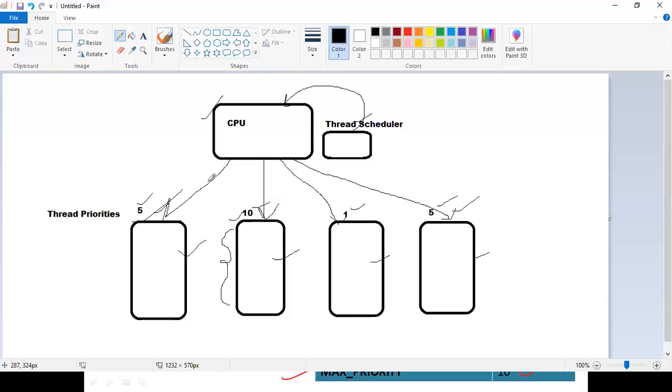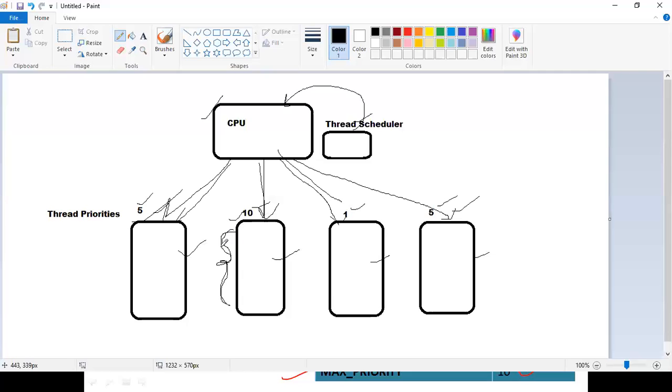In my previous classes, I explained the meaning of context switching, right? What is the meaning of context switching? The CPU is going to move from one thread to the other thread. So it is not going to completely execute thread 2 until its completion.